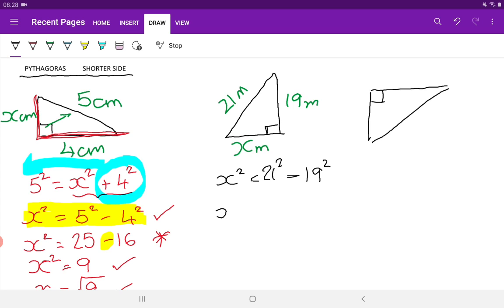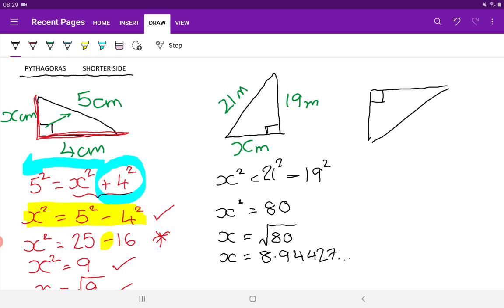Okay, so we're going to have x squared is 21 squared take away 19 squared. So we need to work that out. Remember, you need to know where the squared button and the square root button are on the calculator. Okay, so 21 squared take away 19 squared gives me an answer of 80. Okay, so then we want to get rid of that squared sign. Remember, to do that we have to take the square root. So we're going to work out the square root of 80, but you need to write it down like that first of all. And then we give our unrounded answer, so the big long answer you get on the calculator,